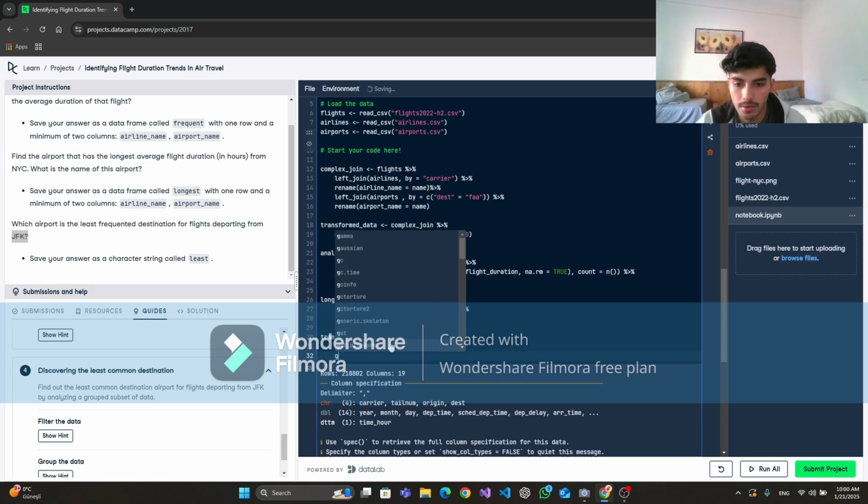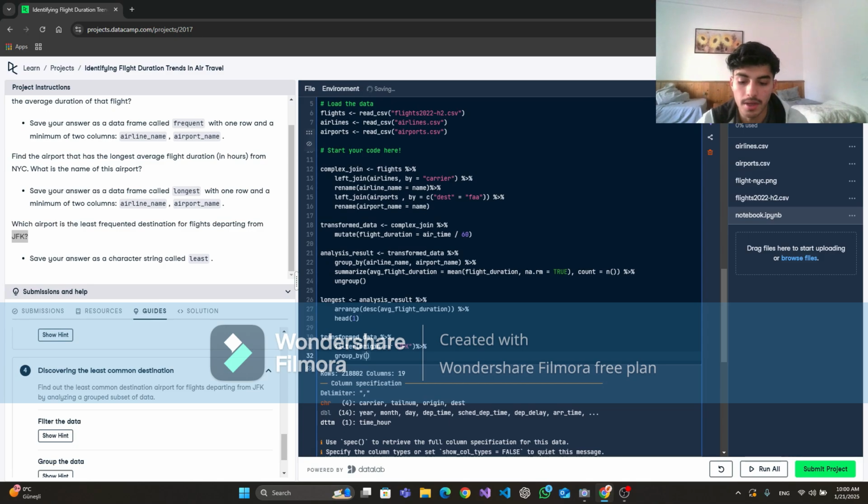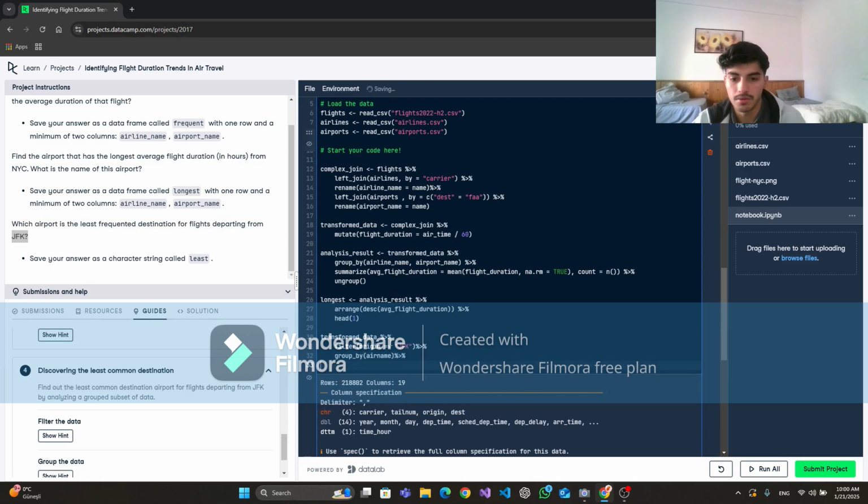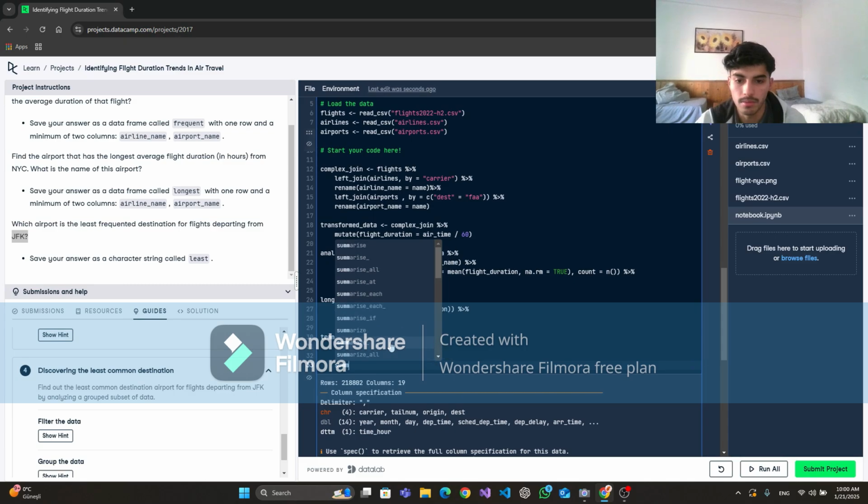group data, group by what here? We can say group by air name, and put the pipe operator and summarize count, because we put count equal to n,